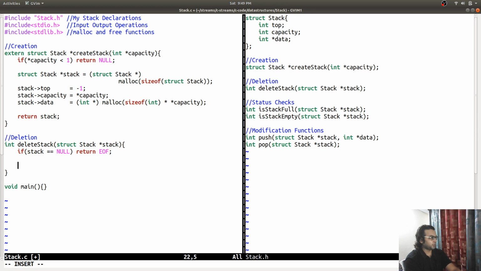If it is not null, then I'm going to check if stack data is not equal to null, then free stack data. We need to free the stack data first, because if we free the stack before it, we won't be able to access that array that was allocated for this stack inside this stack structure. Okay, then we are going to free the stack.